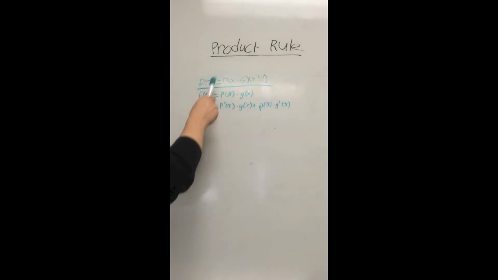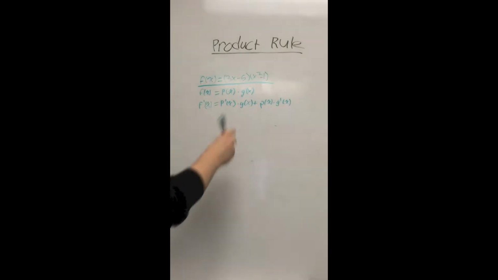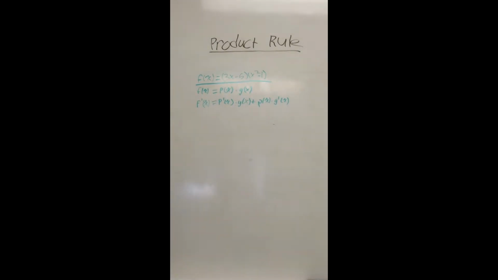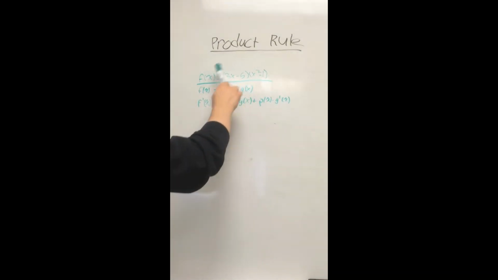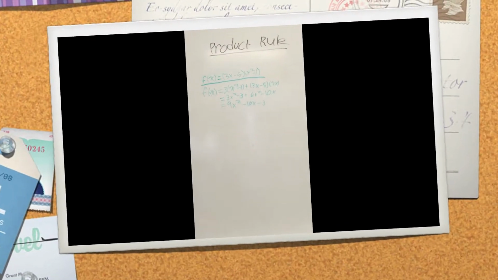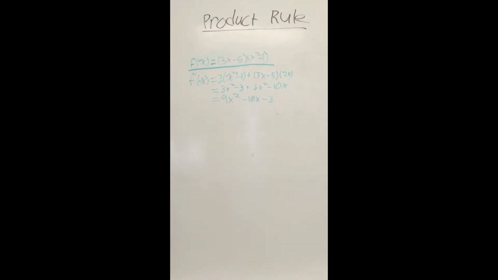F prime of x, the derivative of the entire thing, is equal to p prime of x, which is the derivative of the first, times the original second, plus the original first, p of x, times the derivative of the second, g prime of x. Now to put that plan into action, to find the derivative of 3x minus 5 times x squared minus 1,